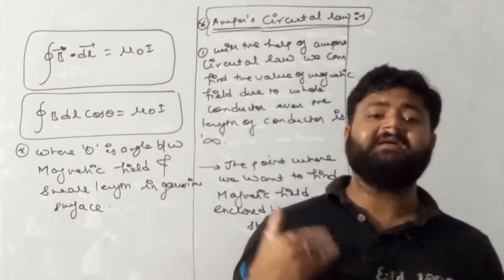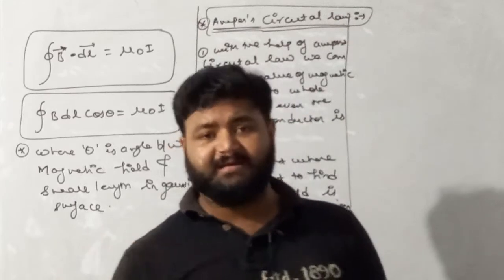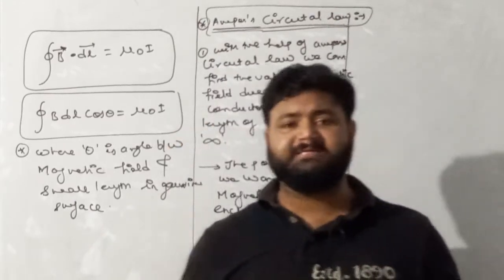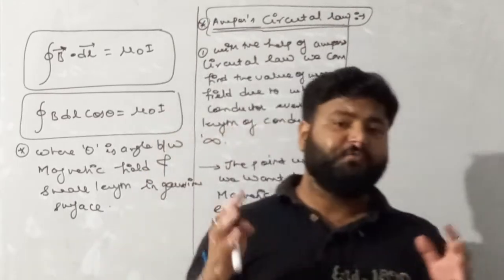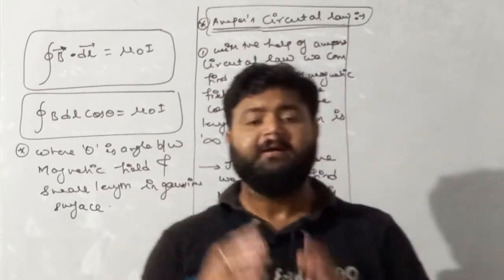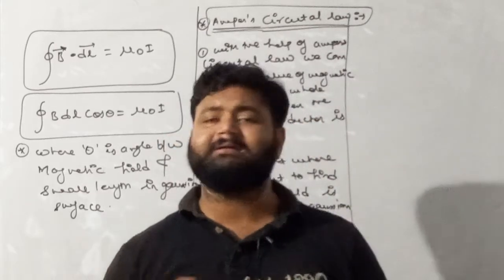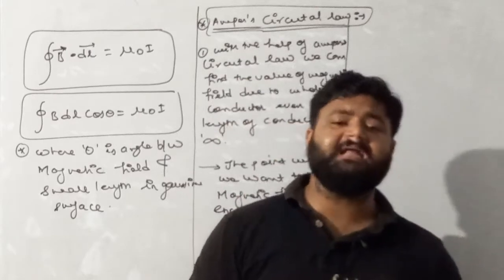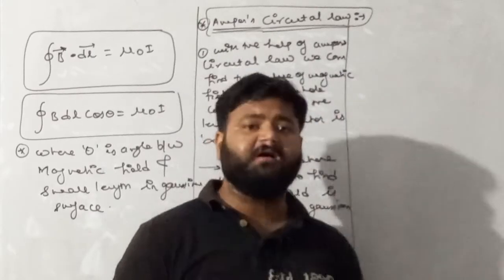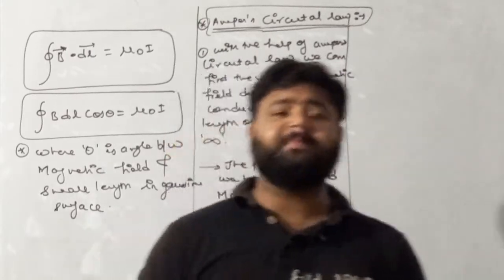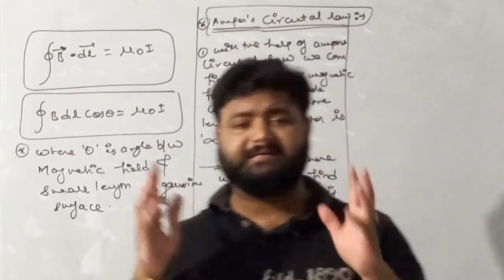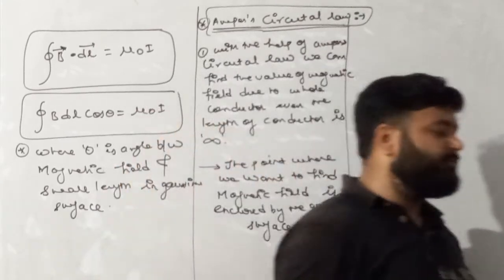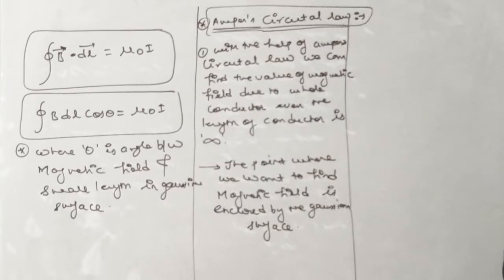But actually, Biot-Savart's law carries a limitation. That limitation is that with the help of Biot-Savart's law, we are not able to find the magnetic field due to a whole conductor together. But with the help of Ampere's circuital law, we can find the value of magnetic field due to a whole conductor together. So please write down the definition of